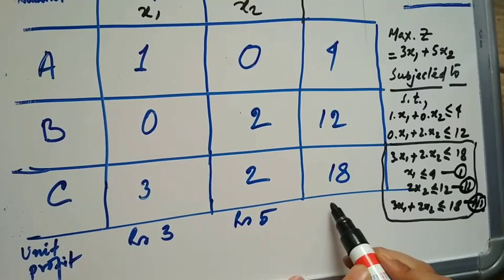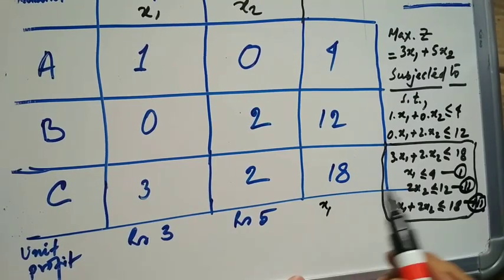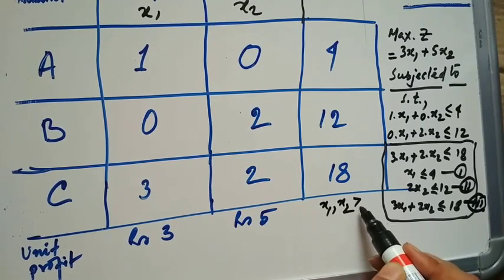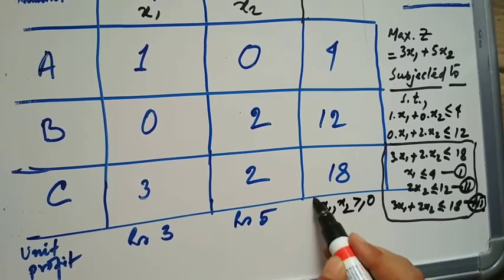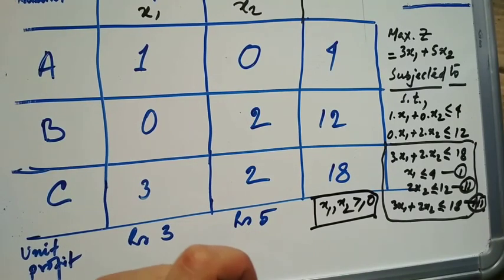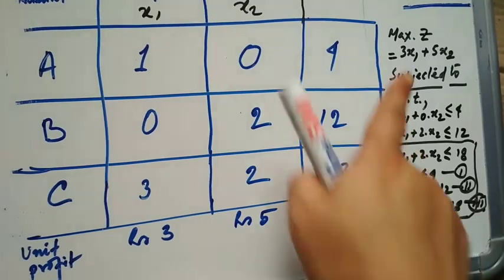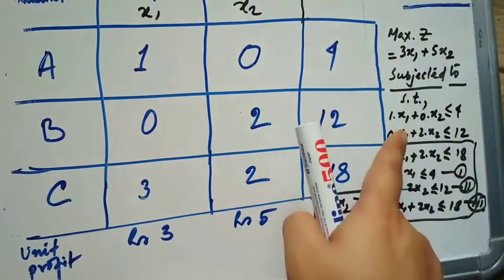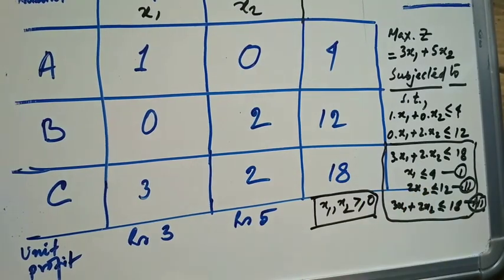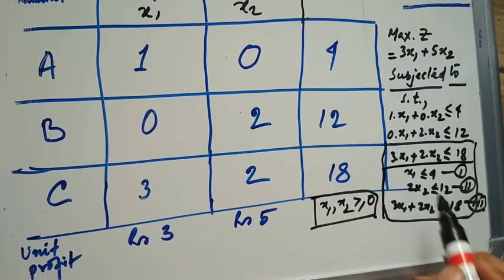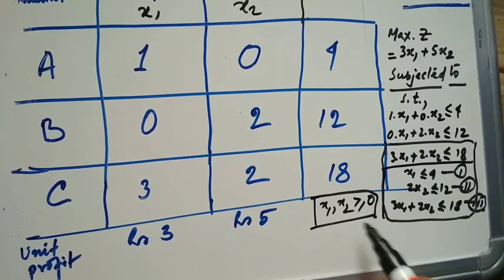Okay, so these are the subject-to constraints, these are the constraint values. And now the last one, I was already telling you in the previous session that x1, x2 should be greater than equal to 0. These are the non-negative constraints. Okay, these are non-negative. So this is the maximization part. There is the maximum z, 3x1 plus 5x2 subjected to this one. These three are the governing equations for the constraints. Okay, this 1, 2, 3, and this is the non-negative.